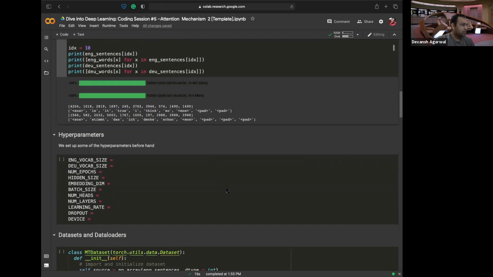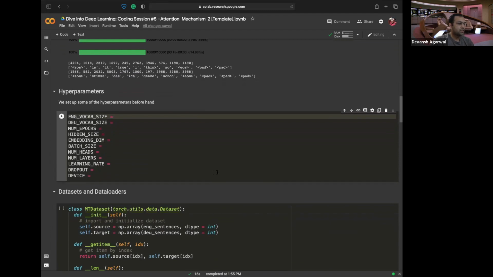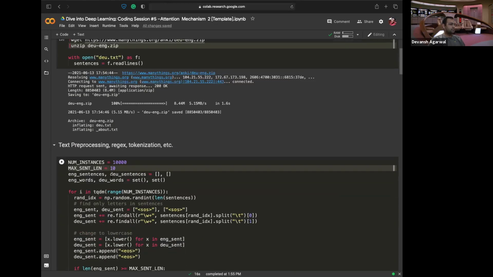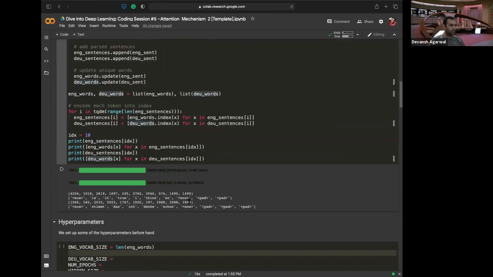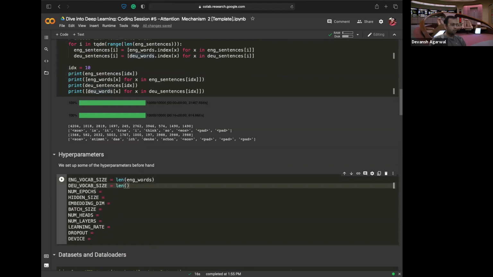All right. So now we're just going to define some of the hyperparameters because this is going to make our life so much easier when we are coding all of these things. The first thing we need is the length of the vocabulary in English, then the length of the vocabulary in German, and so on. I have a variable over here called English words, which is a set of all the English words. Similarly, we have all the German words over here. So it just has all the unique words. Similarly, you can just do len of the